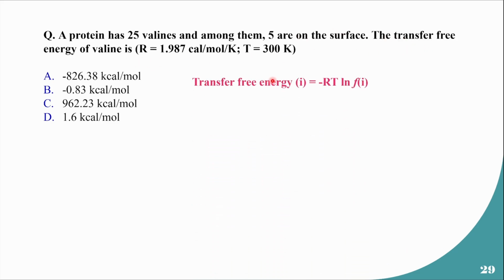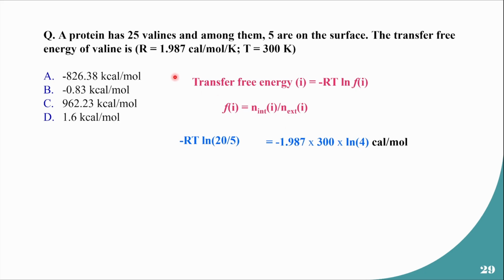Now the transfer free energy was indicated by this formula. It is minus RT ln f of I, where f of I is the number of the residue I that is present in the interior location divided by the number of the residue I that is present in the exterior or surface location, right? So if you implement this formula, minus R is 1.987, and T is temperature in Kelvin, 300 Kelvin here. R is mentioned here also, the universal gas constant, 1.987 calorie per mole per Kelvin. So you put that value and then you do ln of